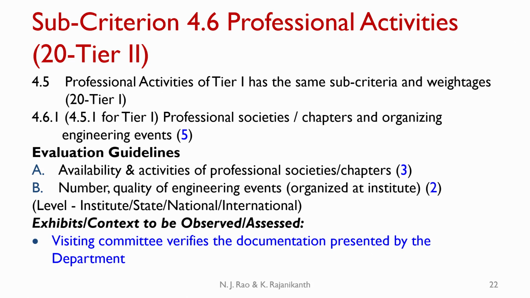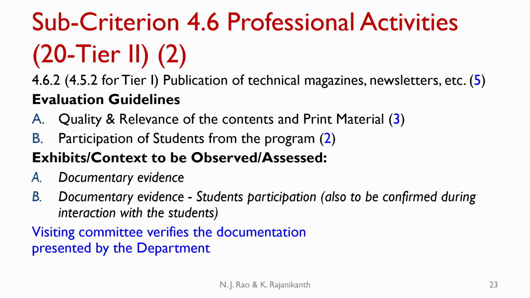A department can keep a record and have all the documentation prepared for this. There should not be any difficulty, but a file should be maintained for both A and B separately. And 4.6.2, publication of technical magazines and newsletters, that is 5 marks, and the evaluation guidelines are quality and relevance of the content